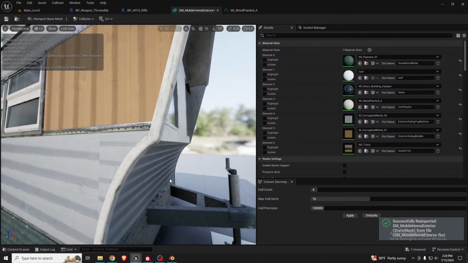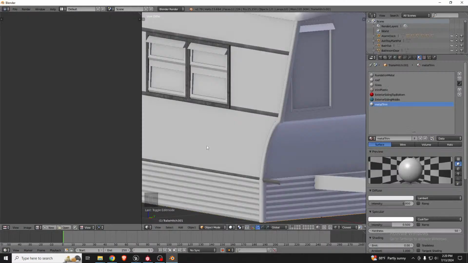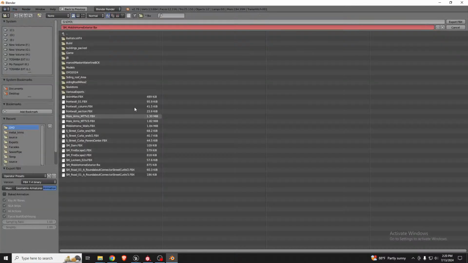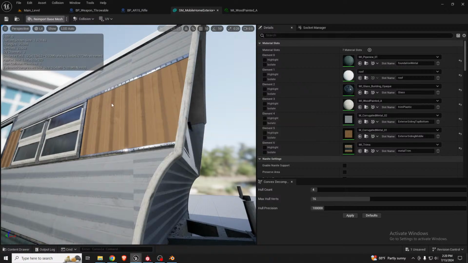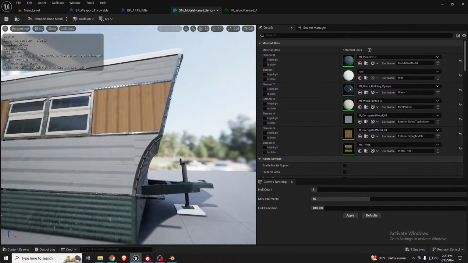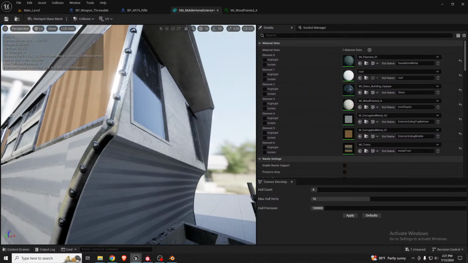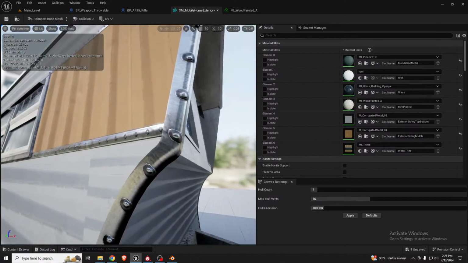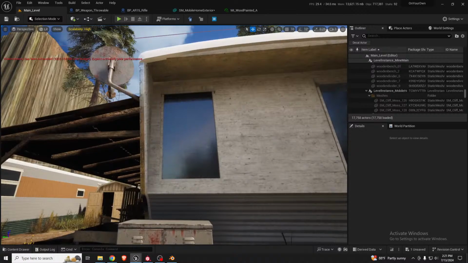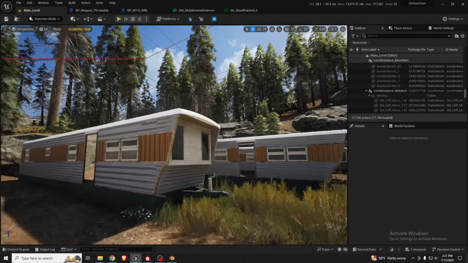Oh, and I forgot to assign the material. But even if I was to use it with wood, it still looks quite a bit better. But let me assign the proper material. Okay, it's not too bad. I think. How does it look in the world? Okay. I think it's a little too big, so